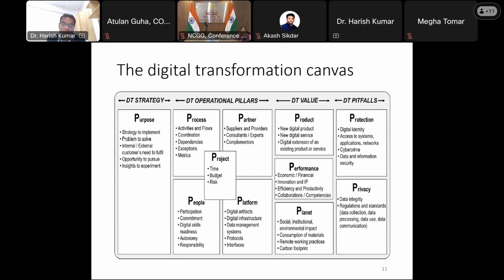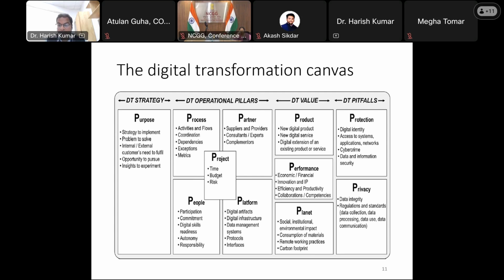If we talk about the fourth one, pitfalls, there are two dimensions in this: production and privacy. If we talk about digital identity like Aadhaar, we have incorporated it in most systems to validate our identity, right? Access to systems: who is going to control it, and what strategies are available to give access and control to the citizens, for which system, maybe public utilities or the public distribution system, PDS? Apart from that, cyber crime and cyber frameworks are also available, and we need to think about this. And finally, the authentication system: from the government side, who is responsible for making authentications for the different users?